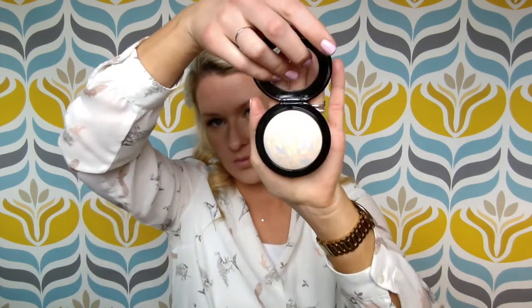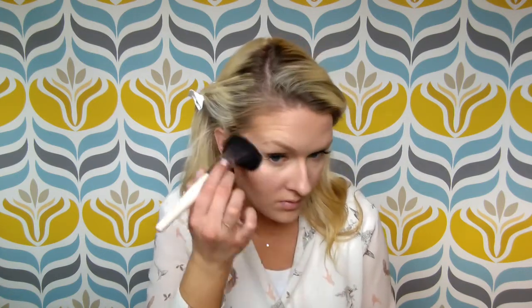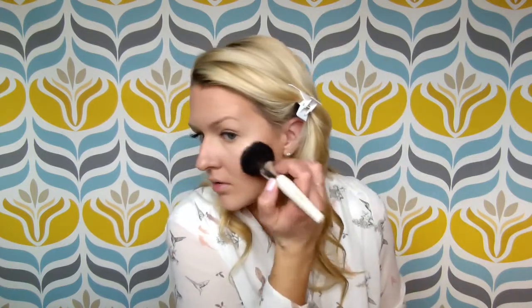And then I'm going to take the Mineral Skin Finish by MAC in Lightscapade. And this is an awesome highlighter. I love this. And I'm just going to take an old e.l.f. complexion brush that I have and just lightly put that around my eyes. See how it gives you just a little bit of a sheen? Just makes you look really fresh and dewy. It's not really shimmery or glittery, and I like that about it. Just kind of adds a glow. Yep, that looks